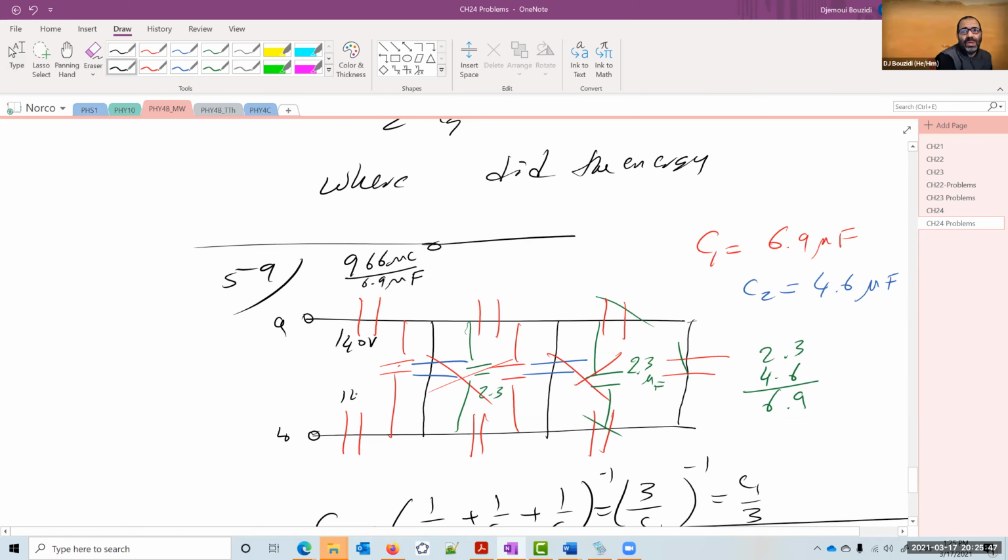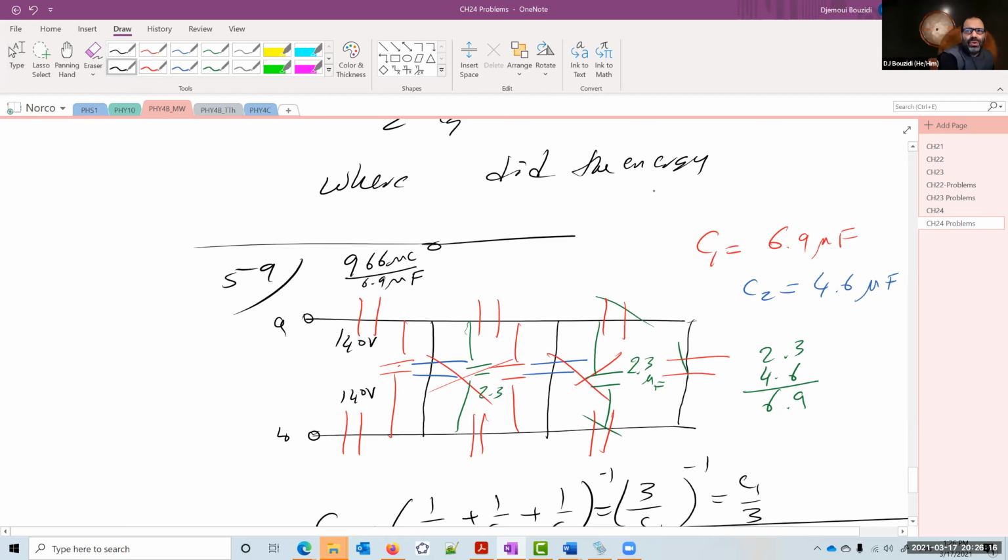There is a 240 volts in here, and we have the voltage drop in there. So what's the question? We found the charge... Compute VCD. Oh no, I'm sorry. What am I talking about? We need to find the charge. Okay, so the charges are 966. So we need to find the charge on the next one, which is the blue one.